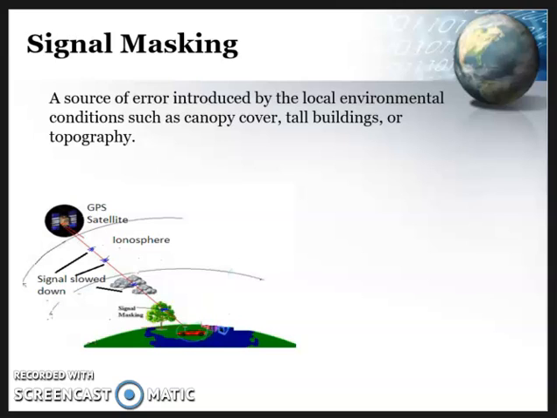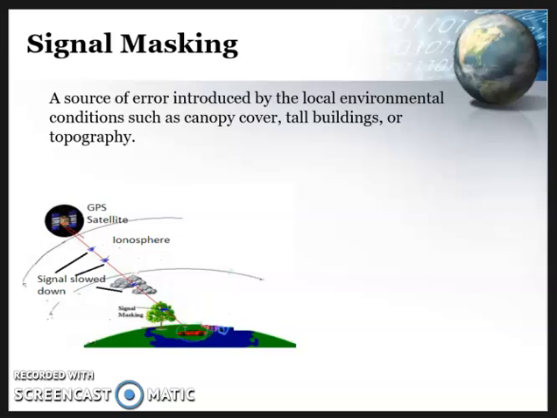So then we have signal masking, which is a source of error introduced by local environmental conditions, such as canopy cover, tall buildings, or topography. These obstructions can block the signal from one or more satellites, reducing GPS accuracy. So this is something that you definitely have to think about before you go out to collect your GPS waypoints or your data, whatever it may be. You have to think about if you're going to be trying to collect